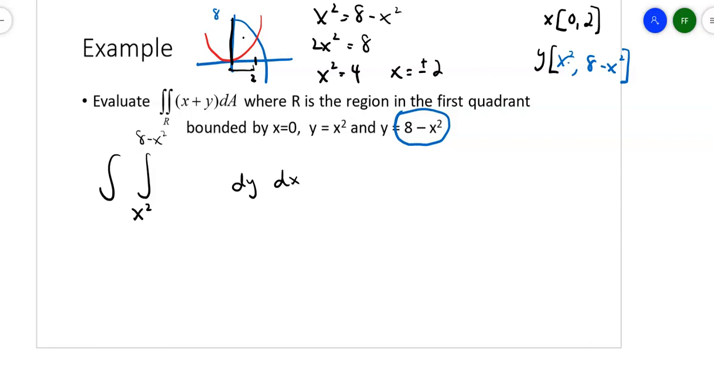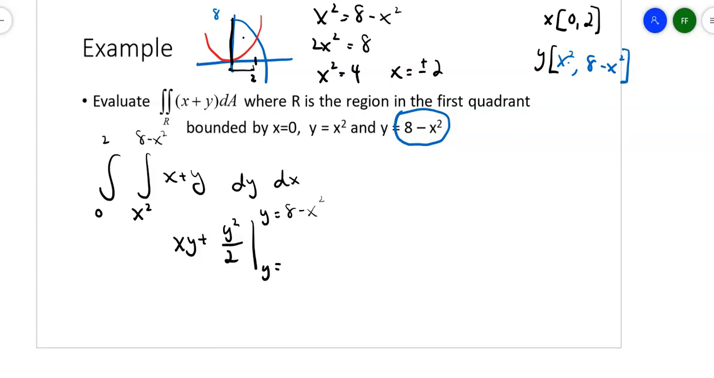X squared and 8 minus x squared, and then the x's we said went from 0 to 2. You're integrating x plus y. So when you first integrate with respect to y, you end up with xy plus y squared over 2, evaluated at y equals 8 minus x squared